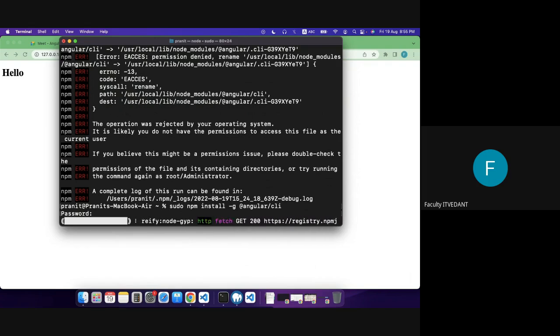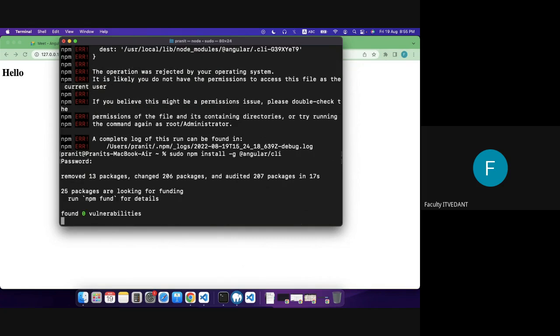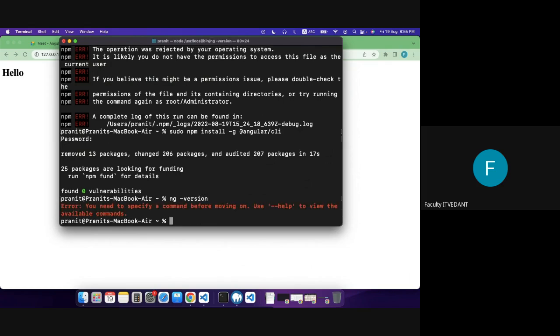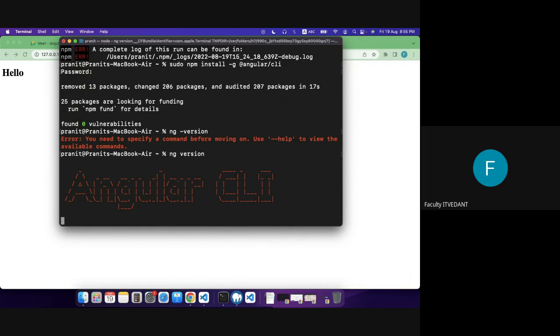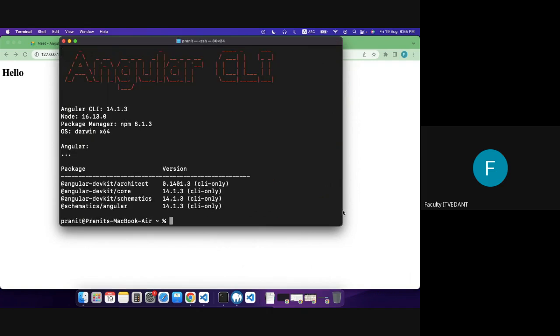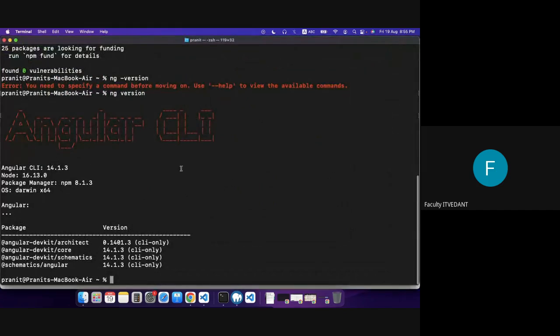And once it is installed, how can you check whether your Angular is installed properly or not? You can just check with that ng command. As I told you, when you install Angular, you will get an ng command line tool. You can use ng space hyphen hyphen version, or simply ng version. When you type ng version, you will see